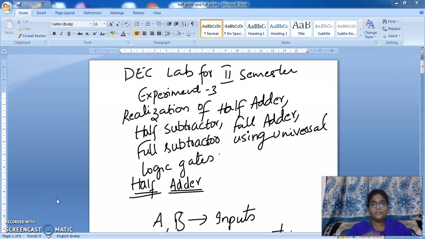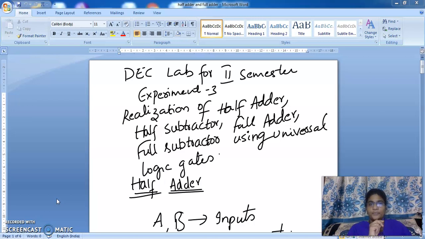Good morning everyone. Now we are going to start the third experiment in Digital Electronic Circuits Laboratory. The name of this experiment is Realization of Half Adder, Half Subtractor, Full Adder, Full Subtractor using Universal Logic Gates. The Universal Logic Gates are nothing but the NAND and the NOR logic. By using these NAND and NOR logic gates, we are going to construct the adders and subtractors, which are